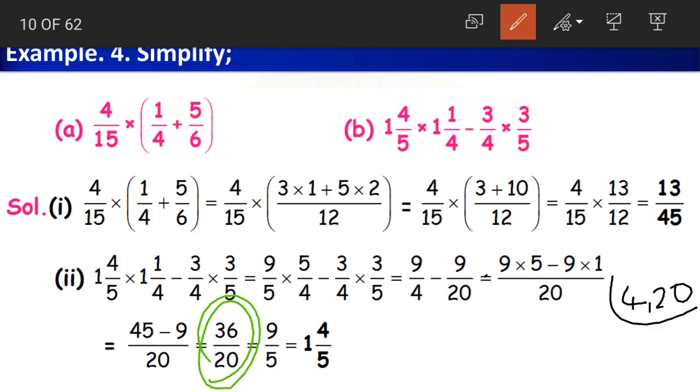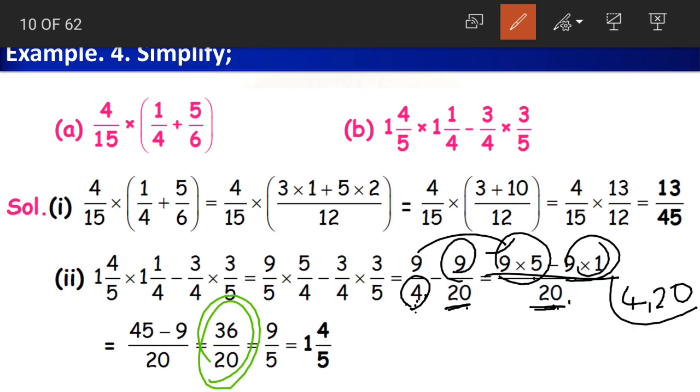That was one way, and the other way is to simply write the LCM as the denominator here and multiply the numerators only, depending on the denominator. Here we are having 4. 4 5s become 20, so we are multiplying 9 with 5 here. Now again 20 ones become 20, so we are multiplying 9 with 1 here. Now 36 by 20 is our answer. What is our answer? 36 by 20 is our answer.